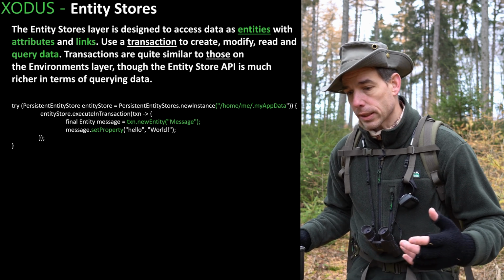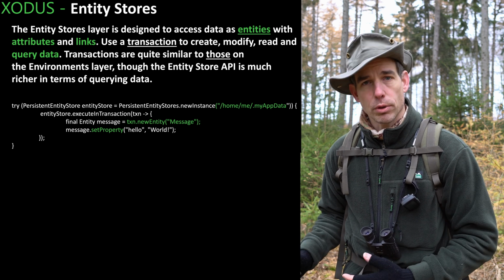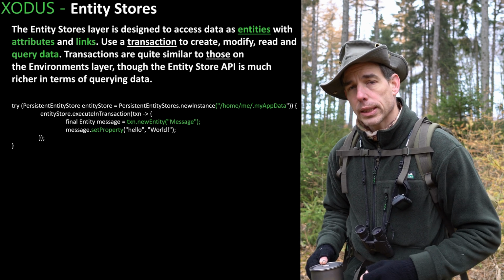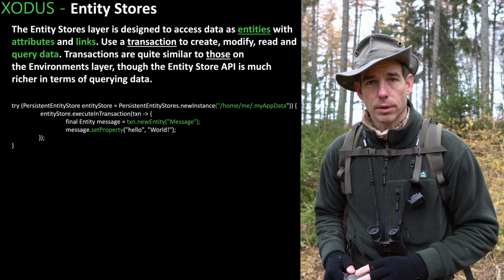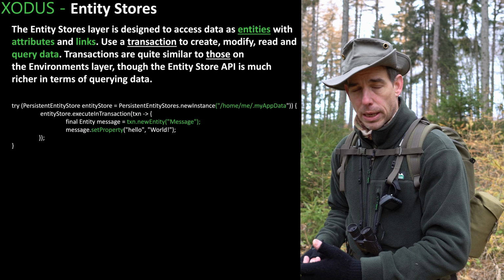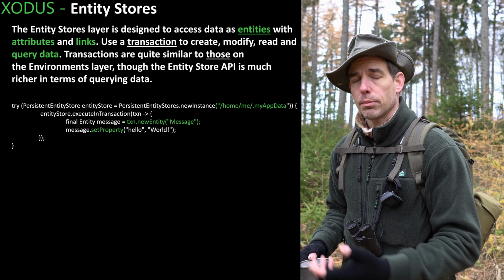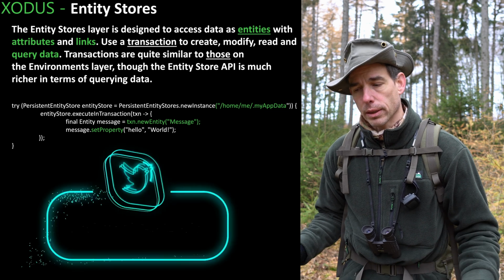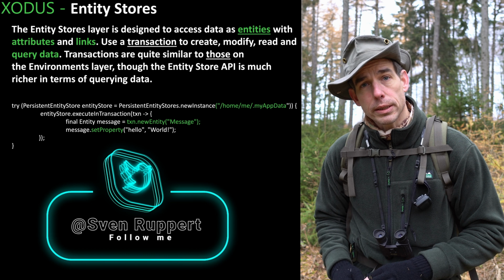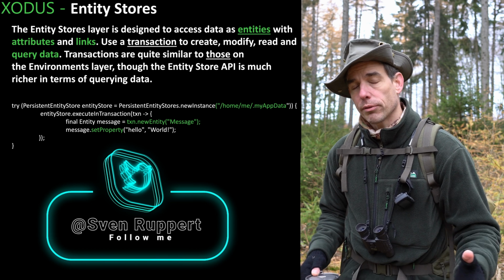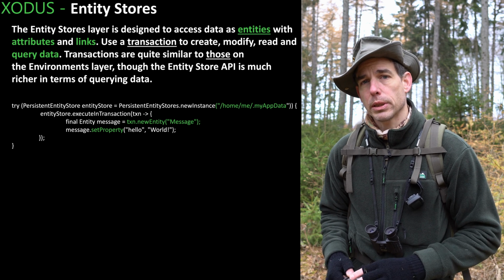The next thing is that you have now entities. Entities can have a bunch of attributes, and the good thing is that you have the possibility to link entities. So now you don't have the single maps and you have to link them by yourself. You have entities, and entities can be linked, so you can start building lists, trees, graphs, whatever. And the good thing is the API for modifying, creating, deleting stuff is there, but you have now the possibilities